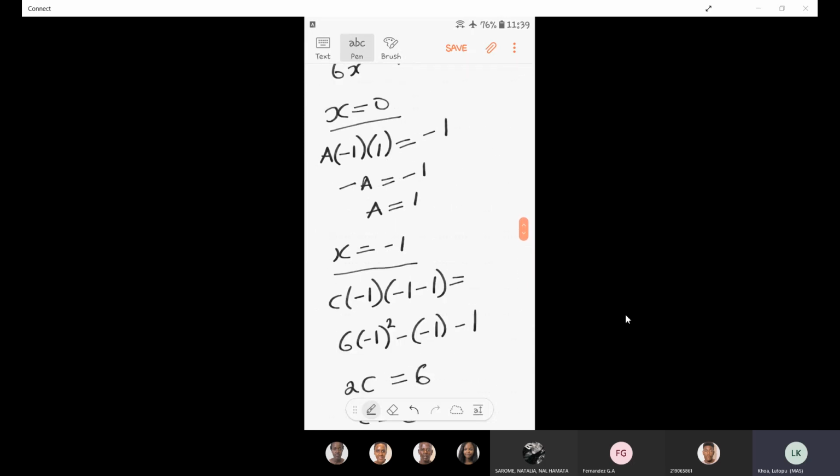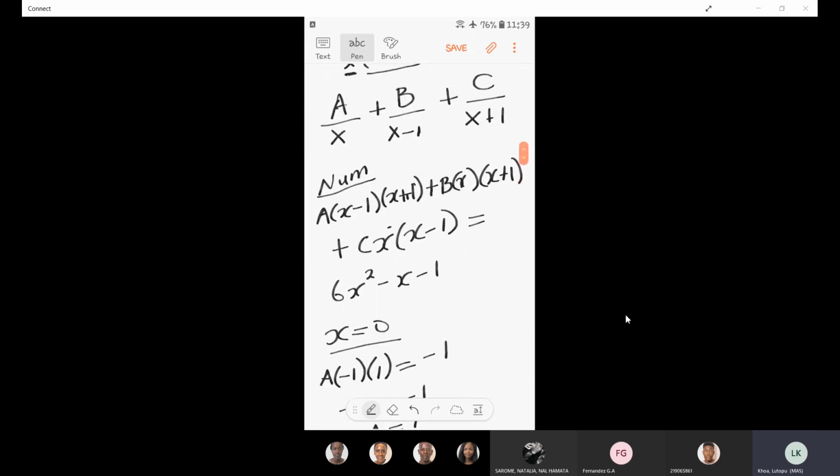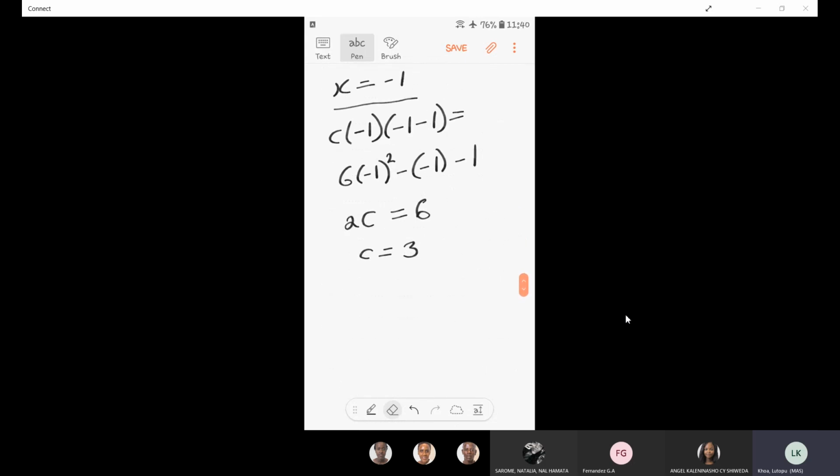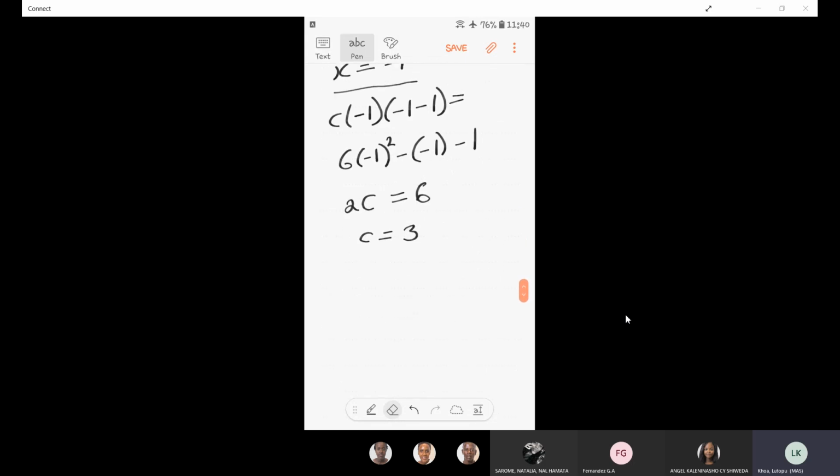And then the last substitution, if I make x equal to 1, you will see that the first term disappears because I have x minus 1, and the last term with C disappears to get 0. Then I have only an equation with B in it. So you can say that x equals 1. Now when x is equal to 1, I have B times 1, and then 1 plus 1, and then on the right hand side